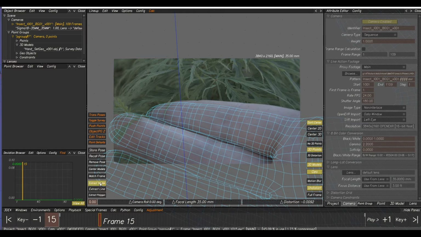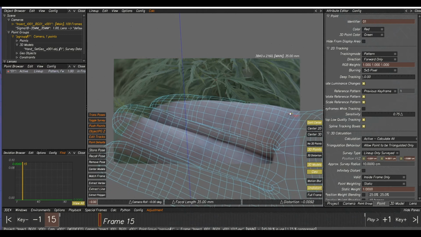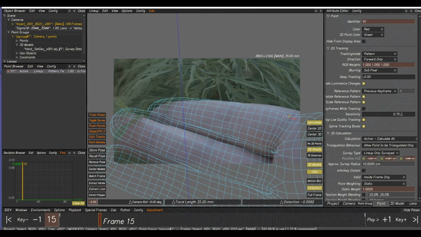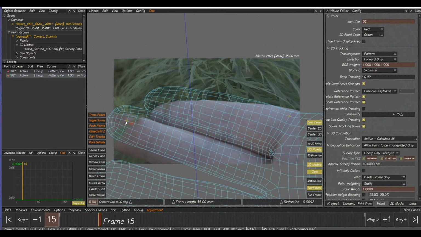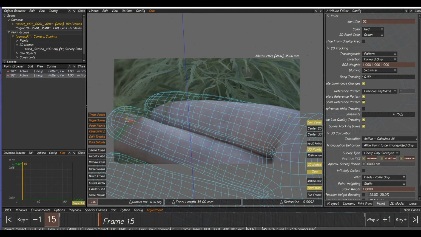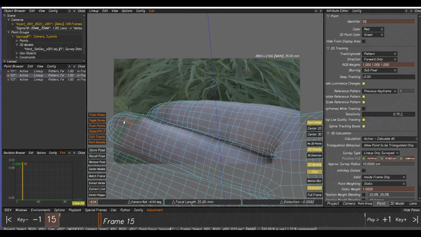So what I'll do, if I select extract vertex, then hold control and left click. If I click and drag, I now have control over this point here now. And if I hold alt and left click and deselect it, and if I select extract vertex again and hold control left click, I can make another one. And you can see it's starting to rotate it a little bit. It's not doing what I want, so I'll just leave that one there and I'll make another one. So if I select extract vertex, hold control left click, I can now pull this one down. Now I can pull the other one,